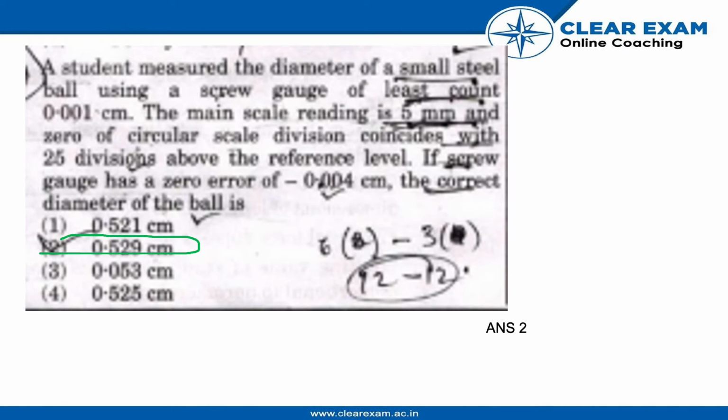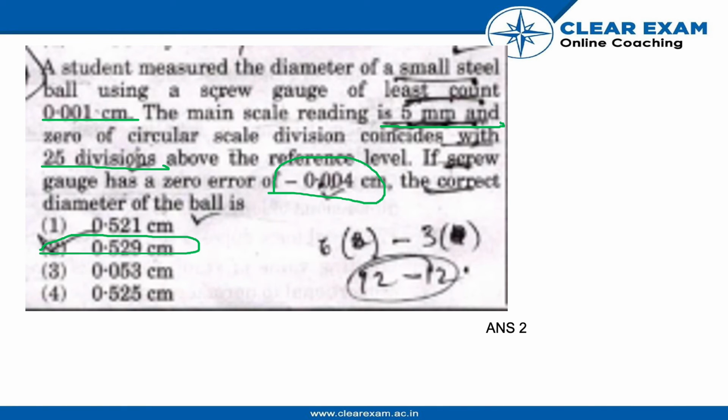is 0.529. How? So we know that the least count is 0.001 centimeter, and M and R: we have the main scale reading as 5 mm with 25 divisions, and we know that the error is minus 0.004 centimeter. So the observed reading will be M plus R into least count, which is